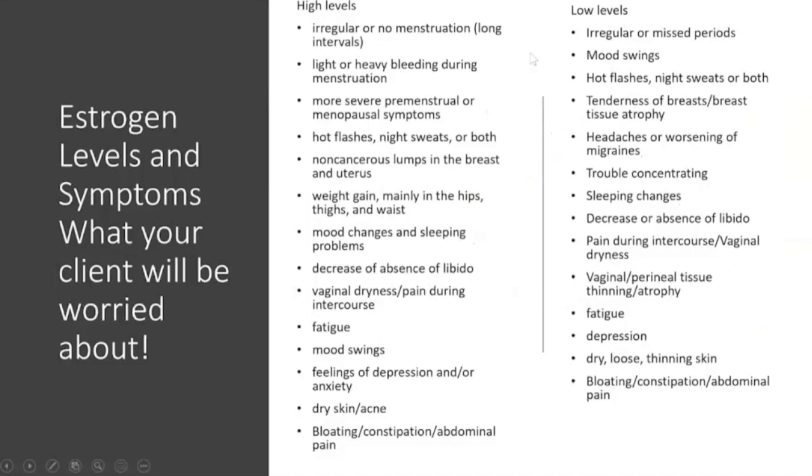Some of the things to think about here, I think this slide is very interesting. No way can we read all of these words here, but we can talk about this. This is high when we have too high levels of estrogen, or when we have really low levels of estrogen. And this can happen in the area of puberty into menstruation, and it can also happen at any time during the reproductive years. And then again, as we start to move into low levels, that's what we consider menopause, right? Well, we have kind of a rocky start into menopause because we have high levels and low levels and high levels and low levels that happen.